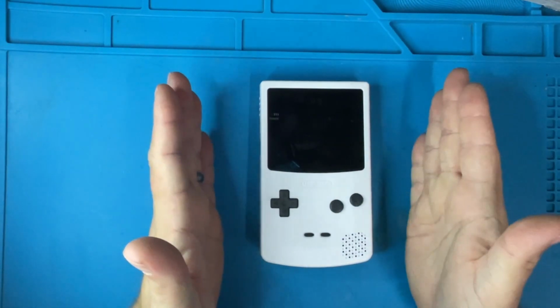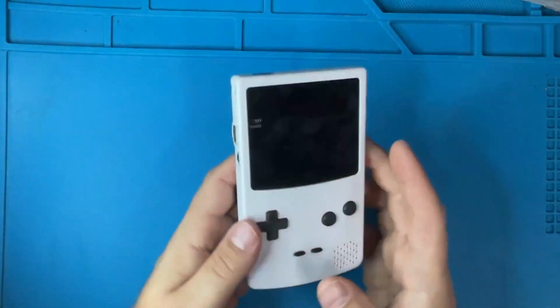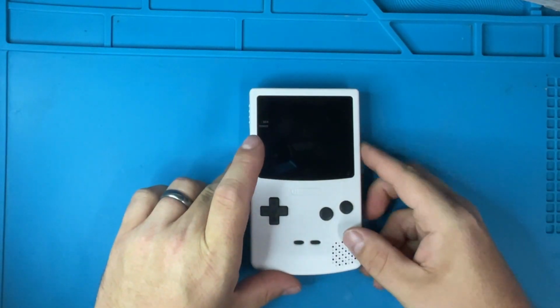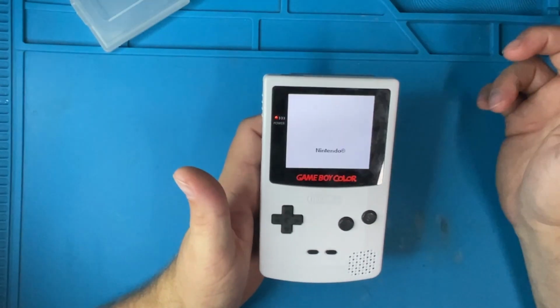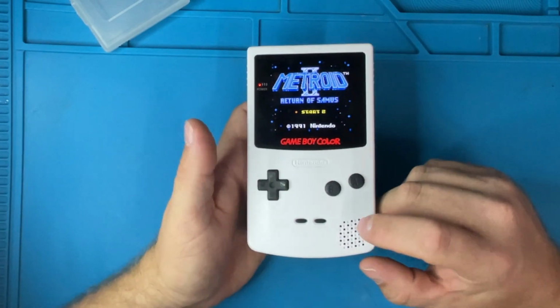So we got on the table a modded Game Boy Advance. Please, Game Boy Color, if I'm not mistaken. So what's going on with this? This thing came to me, unfortunately, with two different problems. The first problem is